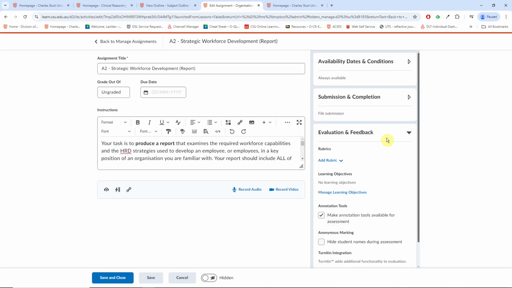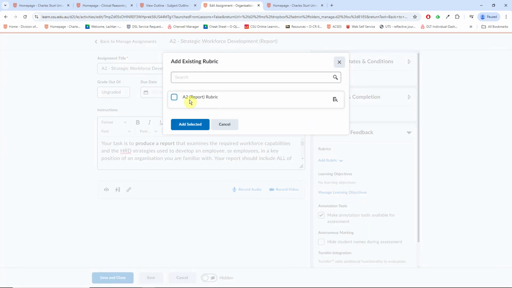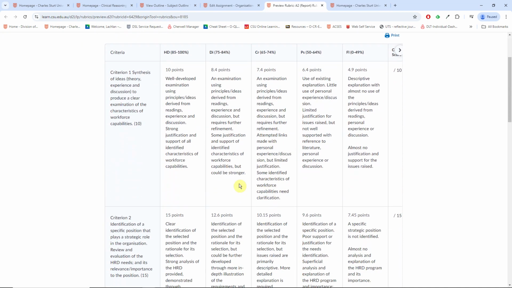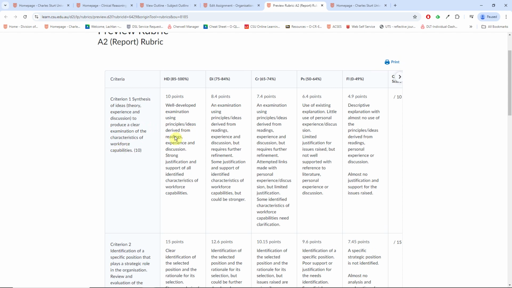We'll open up evaluation and feedback because this is where the rubric area lives, and I'm going to add the rubric for this task. It is an existing rubric, and there it is in the list. Because it's been published, it means I can attach it. You also have the option here of opening up the rubric via a preview. So you can see what it looks like when your markers will be going through, and I can see here descriptor, each of the scales, the point values, etc. The students are not going to get those points, they're not going to be able to see those, but the rubric is good to go. I could print a copy out if I wanted to,